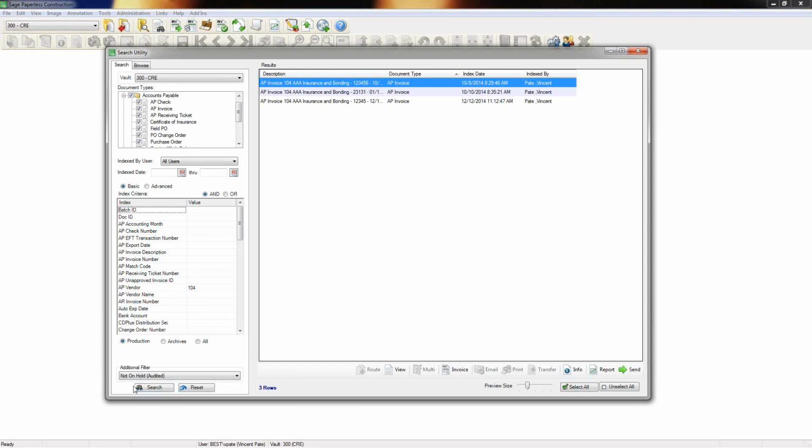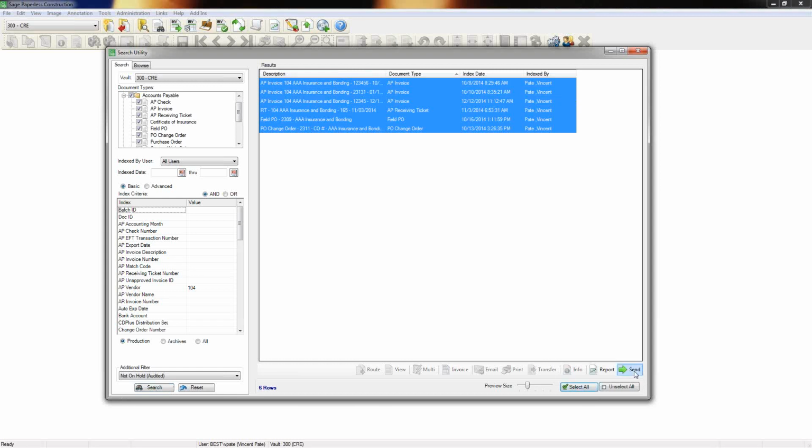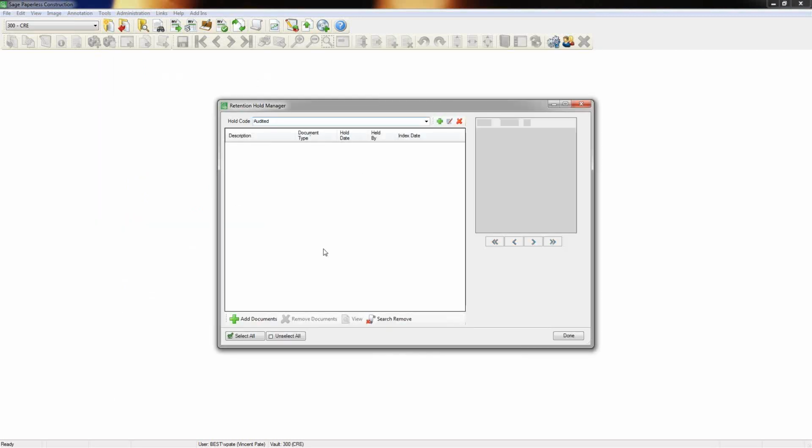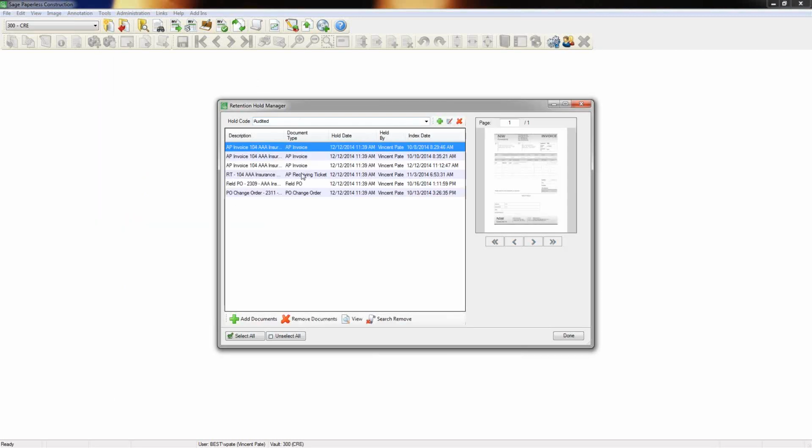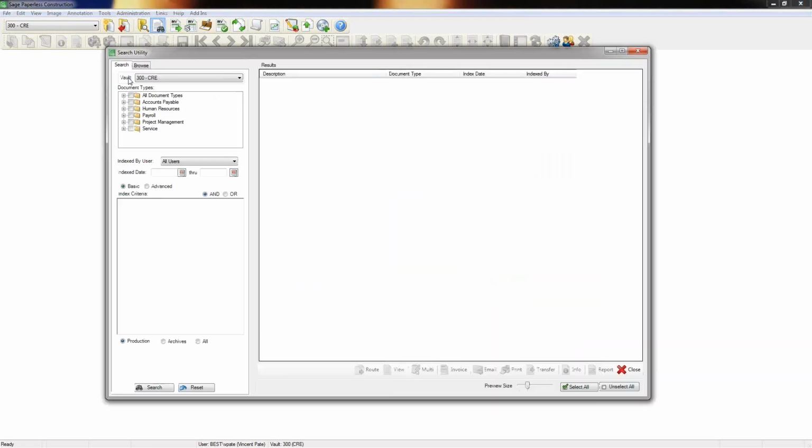Actually, let's say everything, not just invoices. So I've got some of my other documents here. I can select these and put them into this retention hold under whatever code I've given it. Once these documents are put in here, I can hit done. Now if I did a search